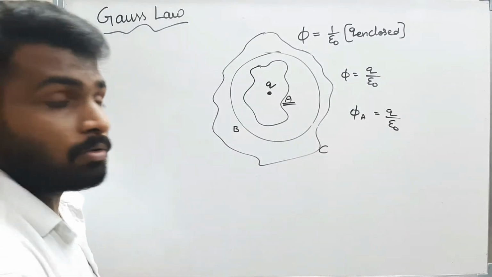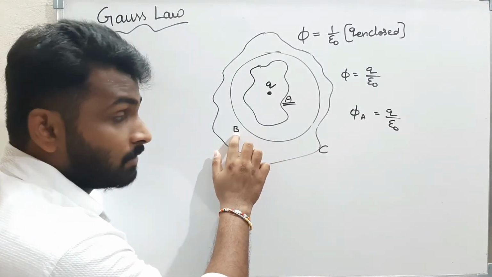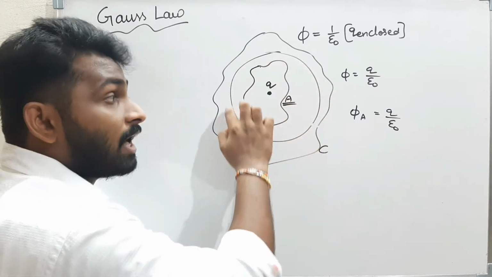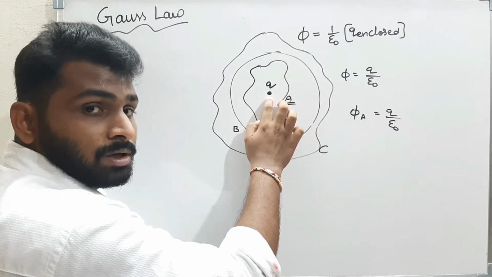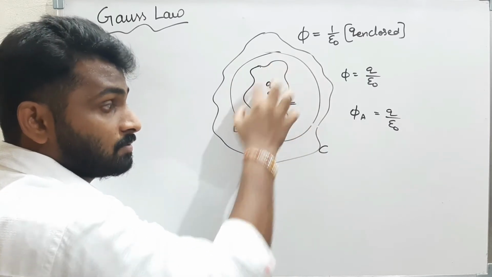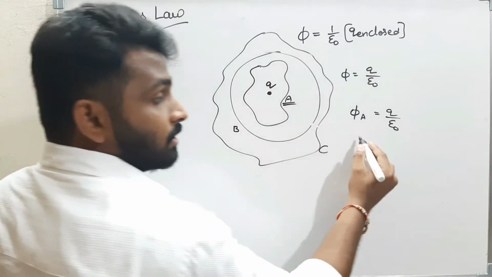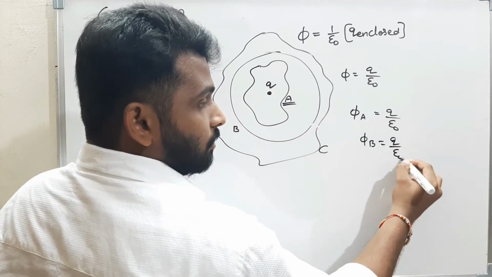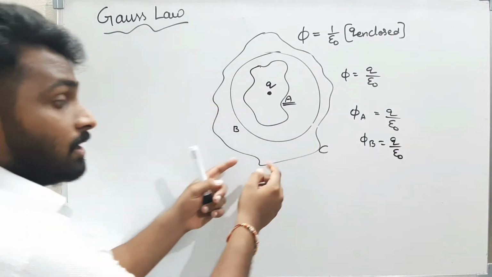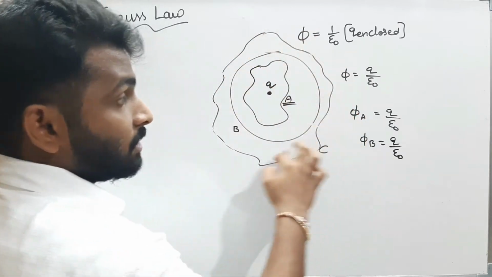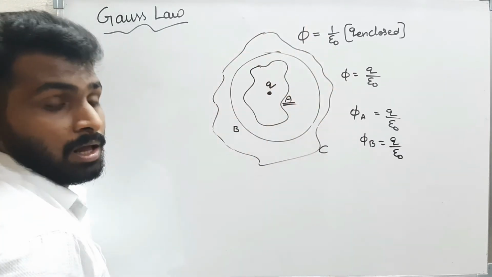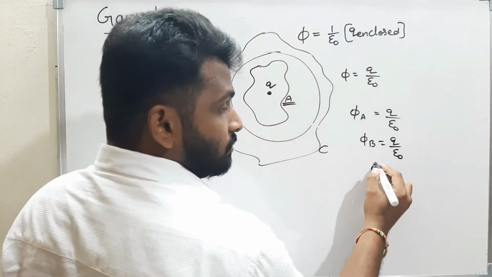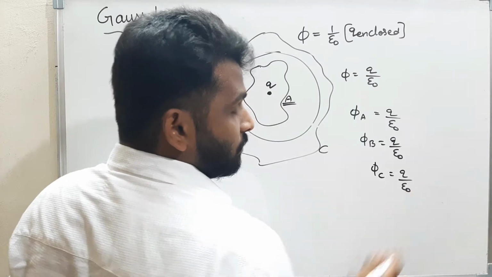Okay, well and good. Now if I take the surface B, even this surface B is a closed surface, and the charge enclosed in it is Q. This charge Q is inside this closed surface B only, right? Therefore, what is the flux through B? The flux through B is nothing but the enclosed charge, that is Q by epsilon naught. Now, if I take the surface C, the outer surface, even this is a closed surface, and this charge Q is present in it. Then what is the flux through C? The flux through C is nothing but Q by epsilon naught.